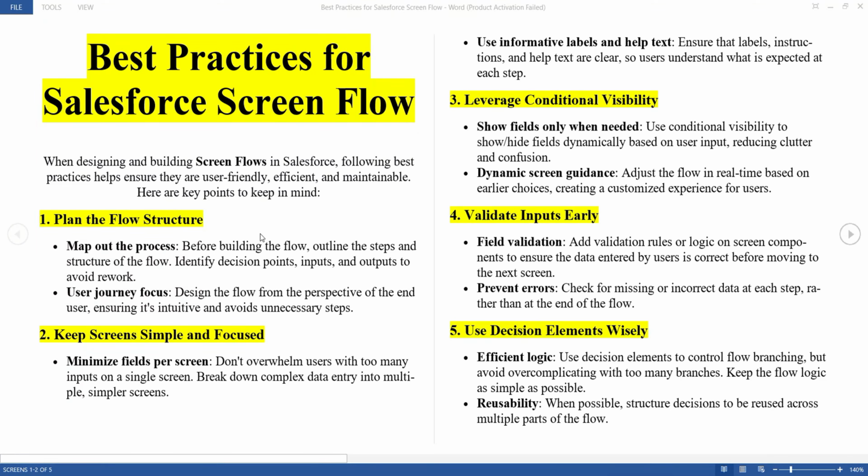Hi guys, welcome back. Today in this video, we will discuss the best practices for Salesforce Screen Flow, how to use Salesforce Screen Flow, and what best-practice points you should keep in mind while